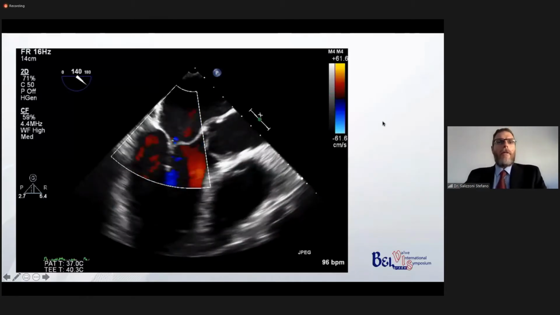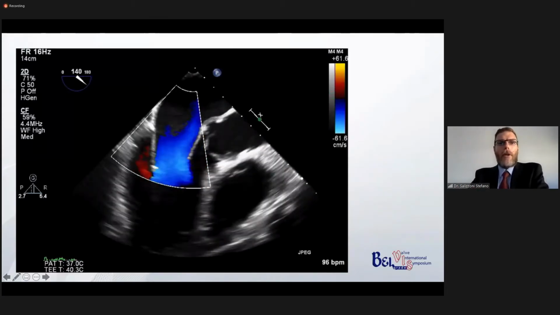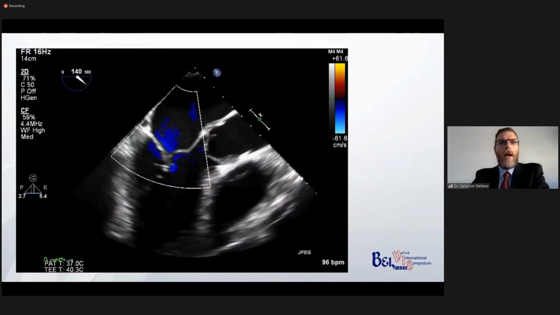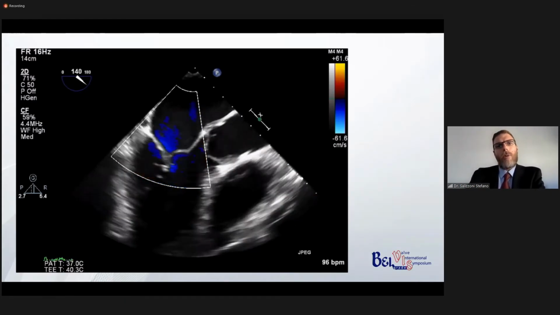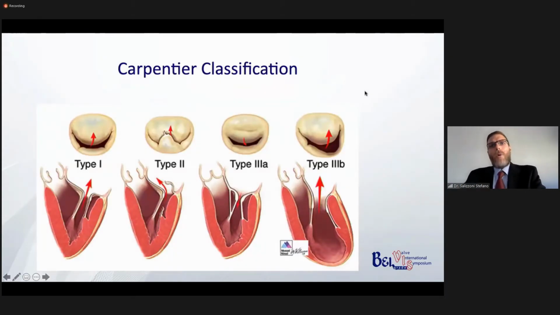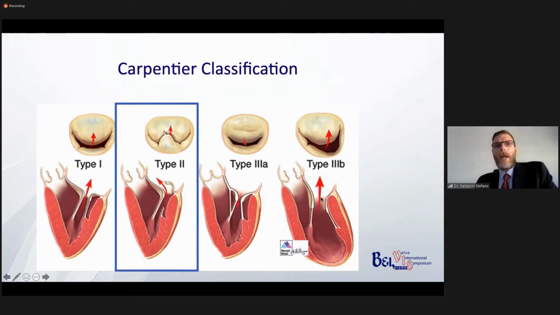So this is a normal mitral valve, a competent mitral valve, the one that every one of us would like to have. And this is what we want to see after a repair, ideally. We start from the Carpentier classification. We know that we have 3 types of regurgitation. I don't want to teach you this, obviously, but it's just to let you know that we have to focus on type 2, when we have an abnormal motion of the leaflet,